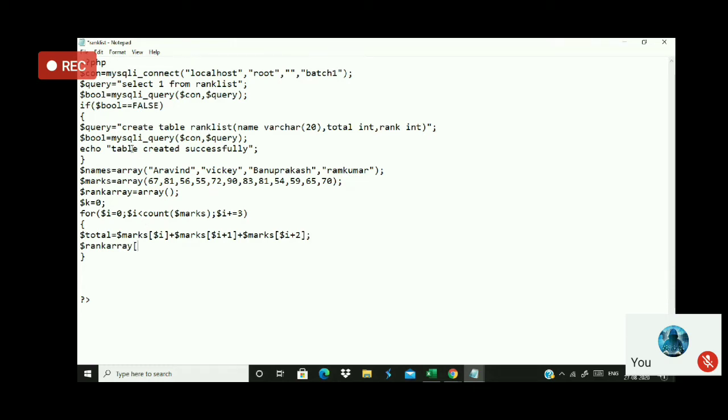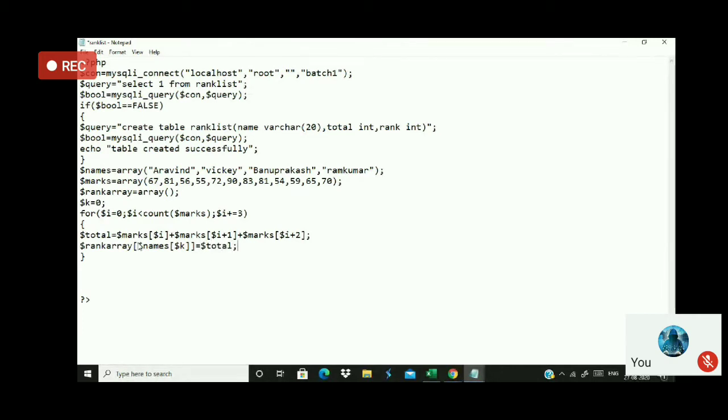The name of the student array is called names. So inside rank array, I am using names of k, inside the square brackets I am using $k, and I am putting total here.